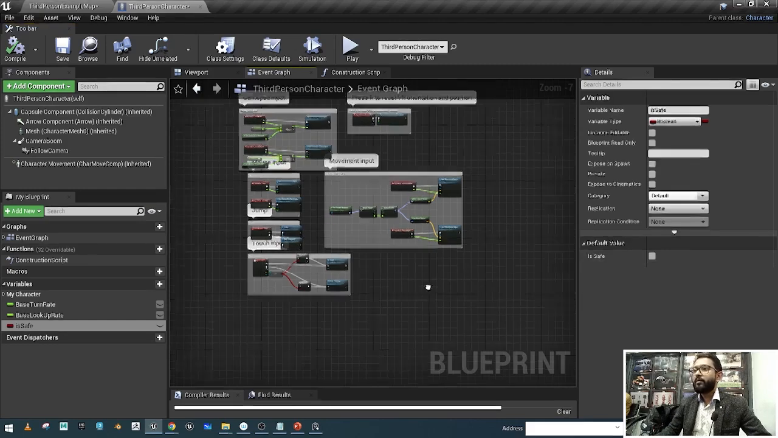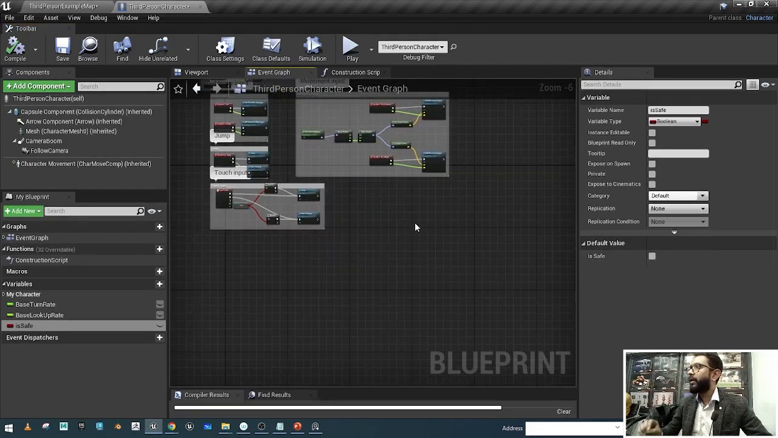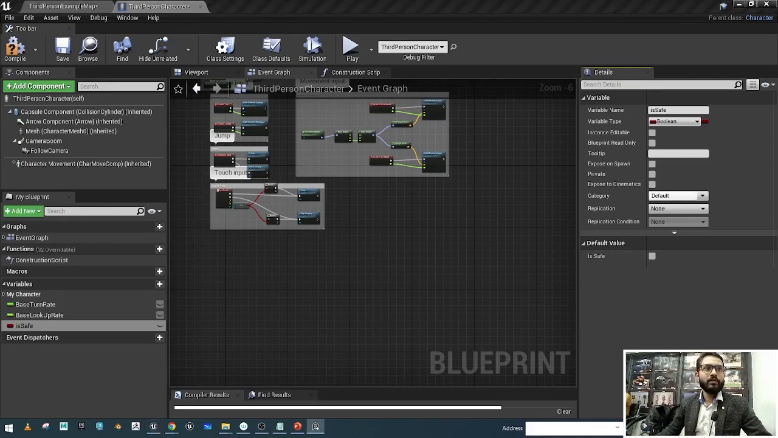So it means the boolean only works on on and off values. If you press here, the boolean will be on. If you press here, the boolean will be off. Now is safe stores only true or false information. So to create this information here,